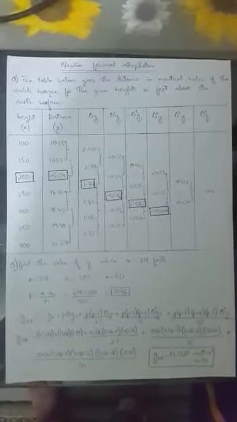The next method we have is the Newton forward interpolation process. The question says the table below gives the distance in nautical miles of the visible horizon for the given height in feet above the Earth's surface. The height is given in x as you can see in the table, and the distance from the Earth to the horizon is given in y as you can see in the table.